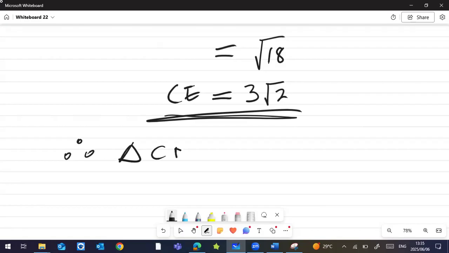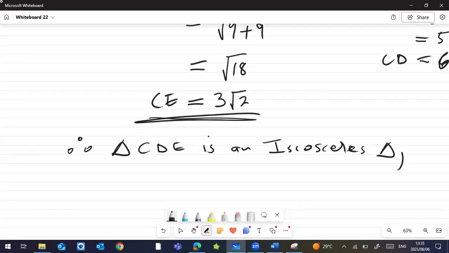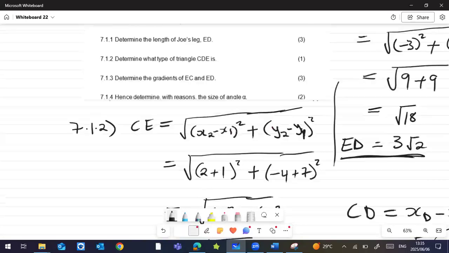Therefore, triangle CDE is an isosceles triangle. Reason being, what is our reason? We have proved that ED equals CE. It has two sides that are equal, which is ED and CE. That was question